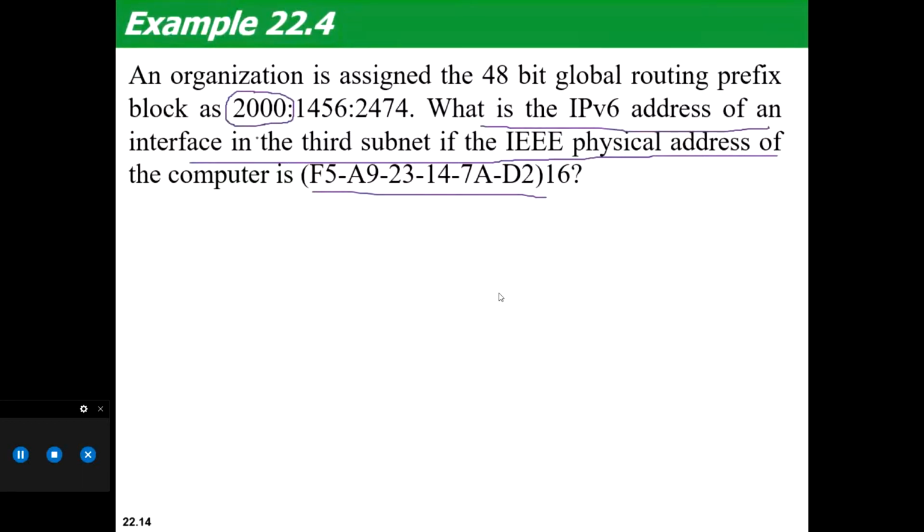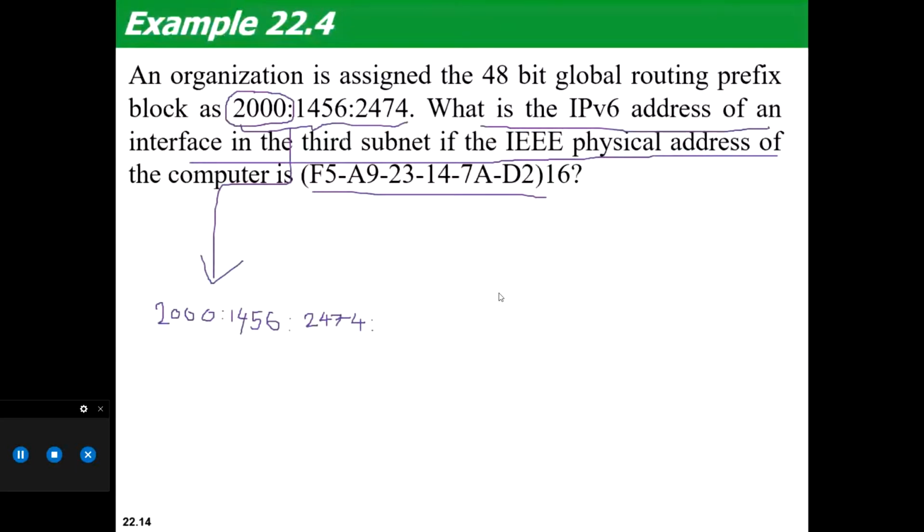And that's what now, a very simple process. Just once you see, you will easily be able to understand. And this is the typical thing, the 48 bit, जो हम M या N बोलते हैं. So that is 2000. This is my global prefix. मैं directly IPv6 address लिख रहा हूँ. And that is 1456. This is not going to change anything. Okay, so this was my first 48 bits as it is. Global routing prefix I put.